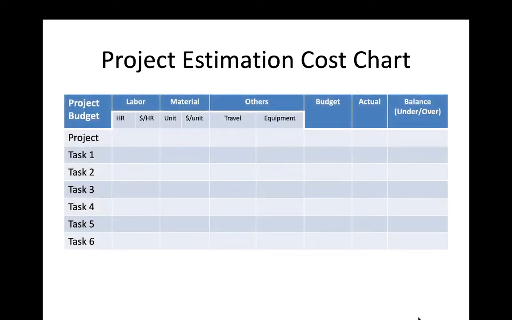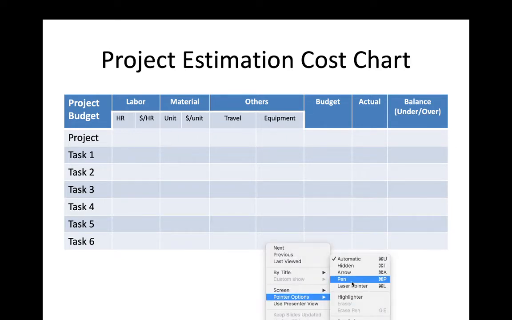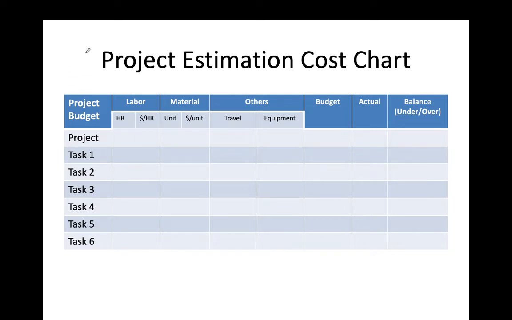First of all, the project estimation chart should look like this. Now what are the main key points we need to consider? Here are all the tasks included in our project. Here we will list all of our tasks, and here we will list all the materials, equipment, or any type of activity related